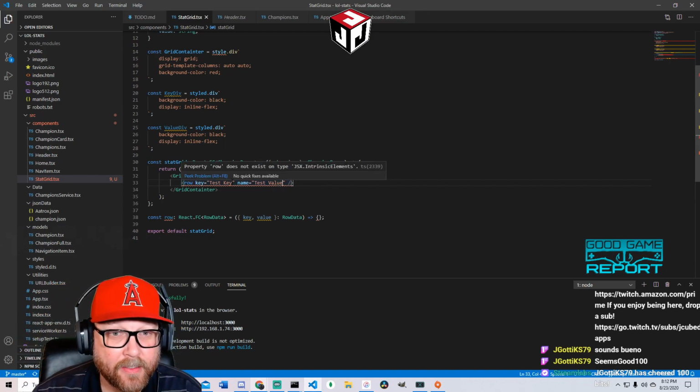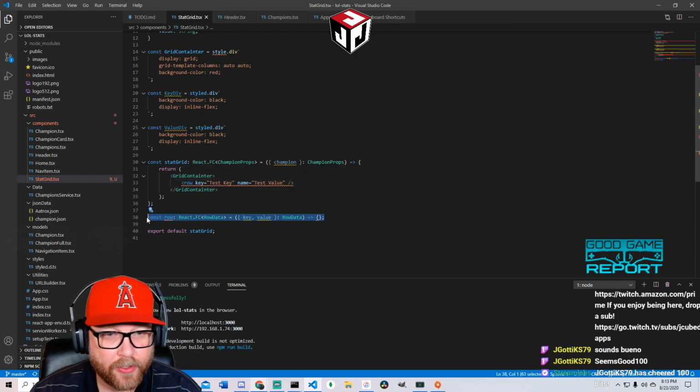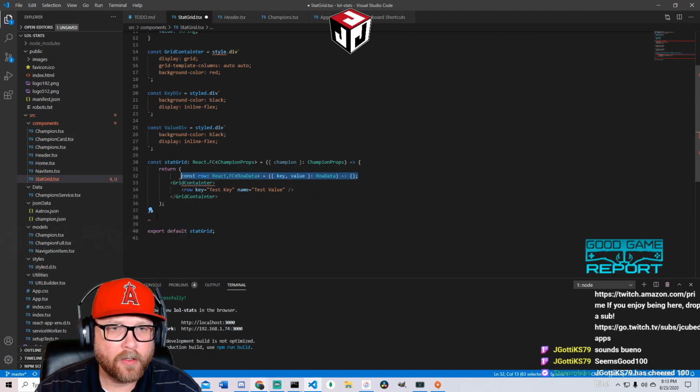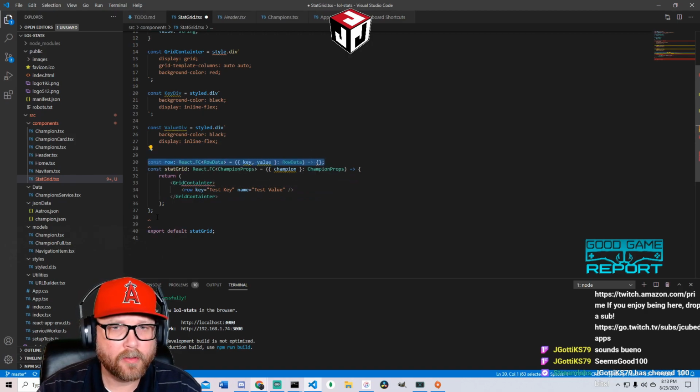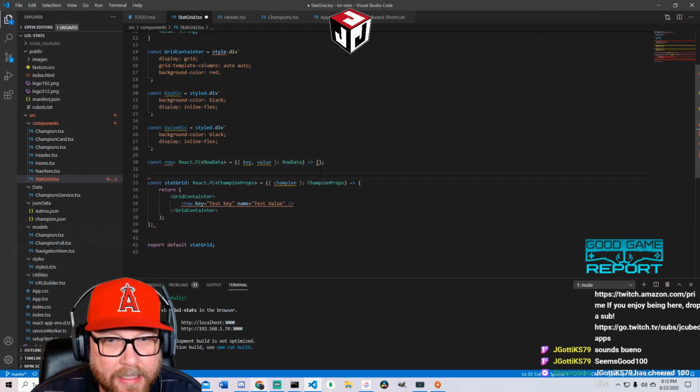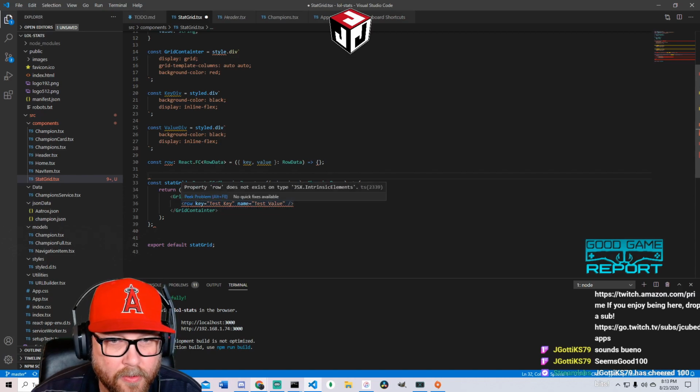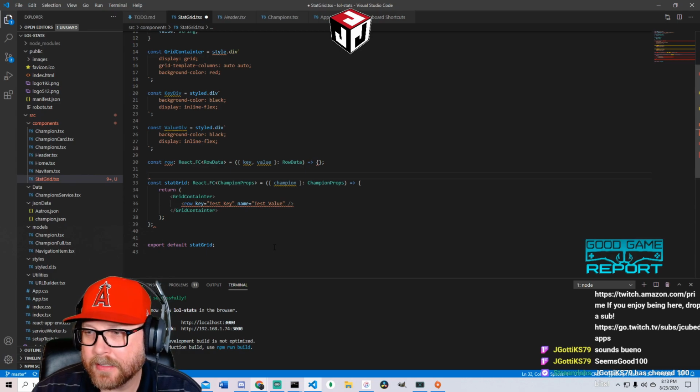Does not like this at all. Row does not exist. What do you mean it's right here? Row is declared, but it is never used. Does it need to be before? Yes, it does. No. Row does not exist. How does it not exist? It's right here.